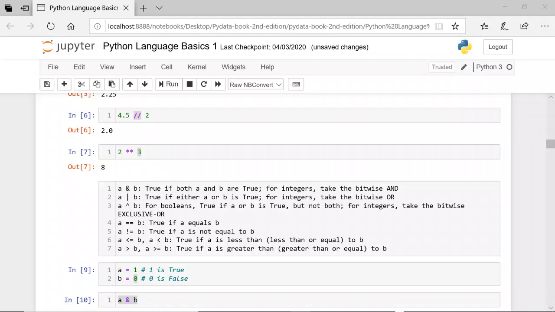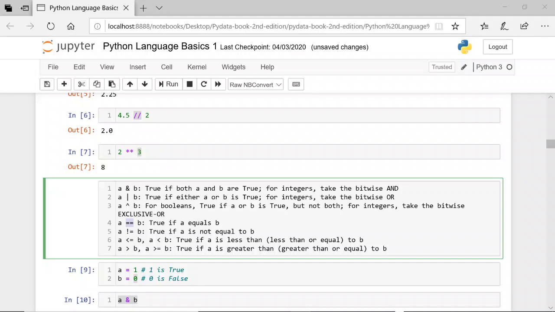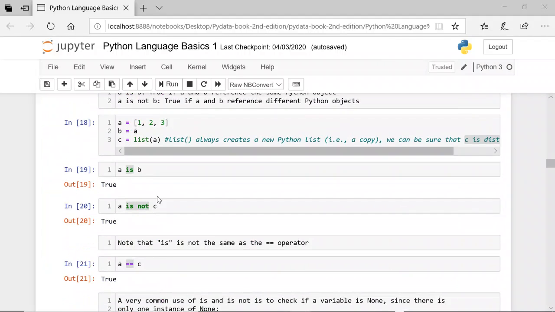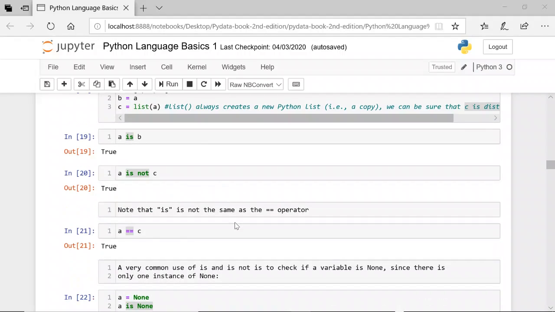And then these are our binary operations or comparisons. Basically, this equal sign here compares if A is equal to B in the data, in the value. So it tests if A has the same value as B. And then this one here tests if A is not equal to B, which just means that A and B hold different values. Okay, and this one here, we don't need to worry about it too much. Just some tricks, so if you have an interest in it, you can read through it. But for now, you don't even have